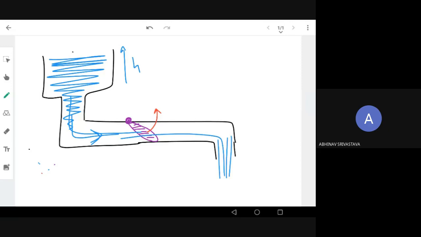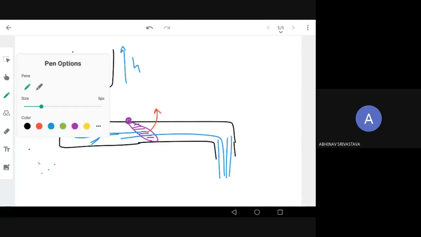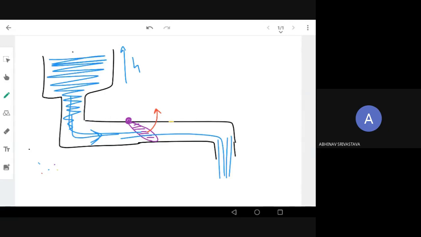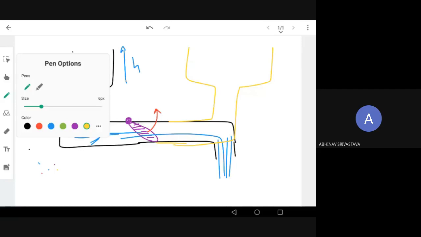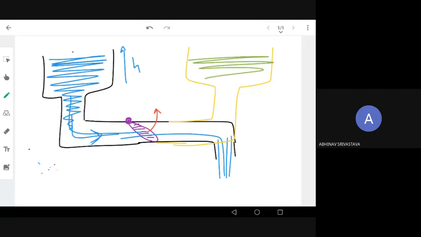Now when we put the water in the opposite direction, for example, if we make the tank in the opposite direction like this, what will happen? Let's say I make the water flow like this. Water is now green. Now if the water is coming from the opposite direction, will the diode open? No, the diode will not be able to open in this direction, right?